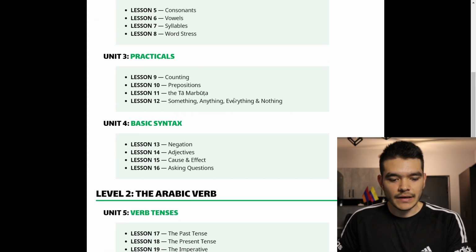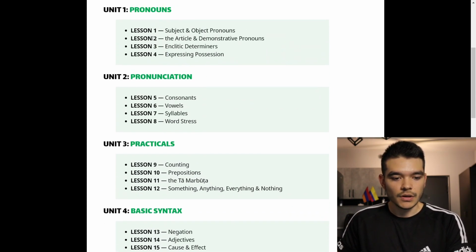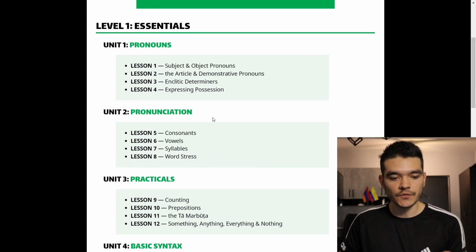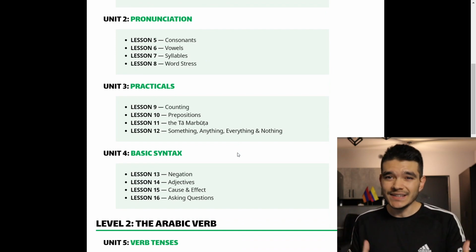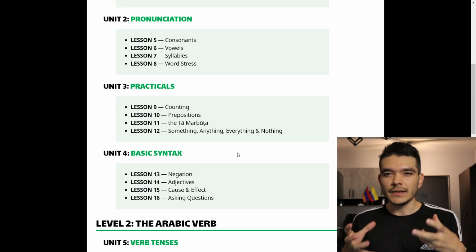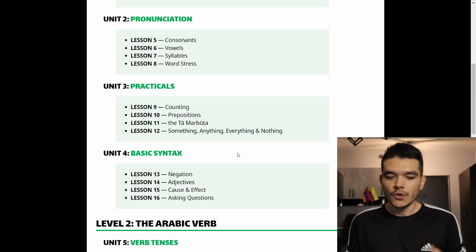I mean, in some ways, there's a lot of mixing and matching. I think the benefit of this is that you can skip around as you see fit. So you can just check out this article about the object pronouns. I'll show you what's inside later, but you can check out this and then move on to this and just do things as you encounter them, as you need them. Because I really think that the most effective way of language learning is to learn things as you need them, not when you don't need them. So I think this offers quite a bit of flexibility.